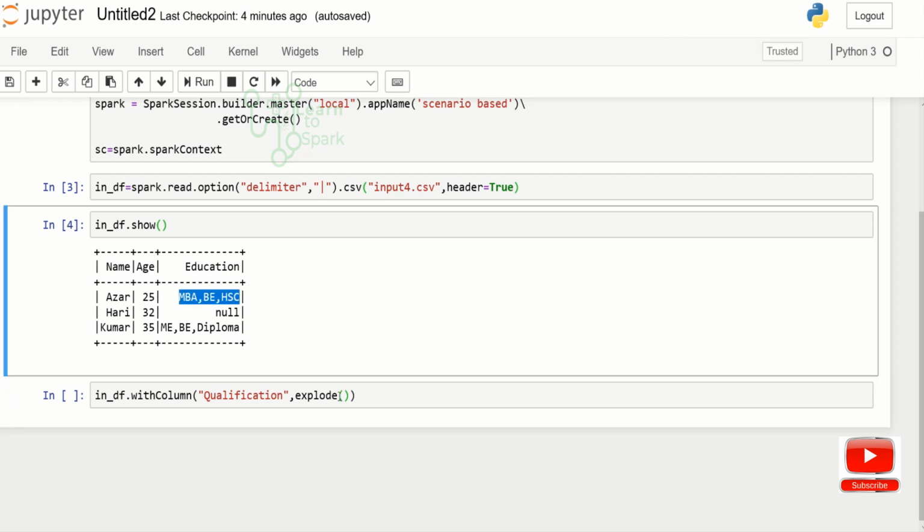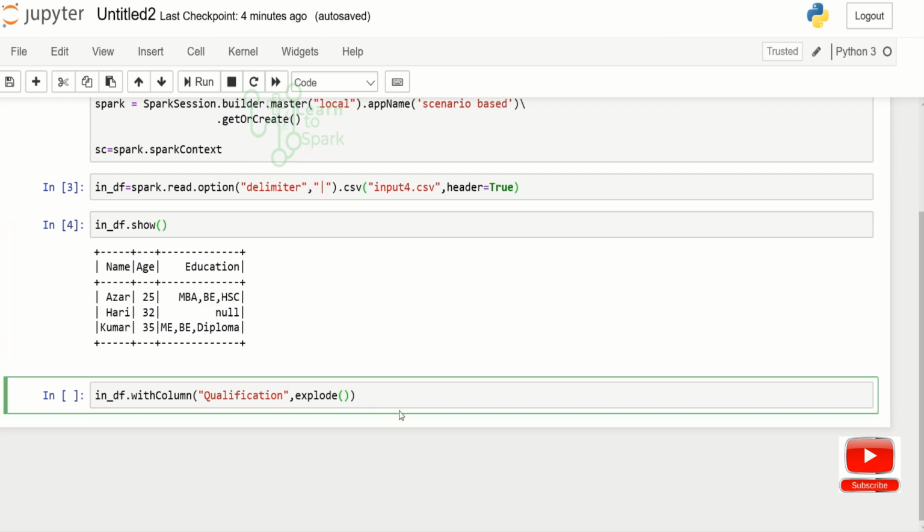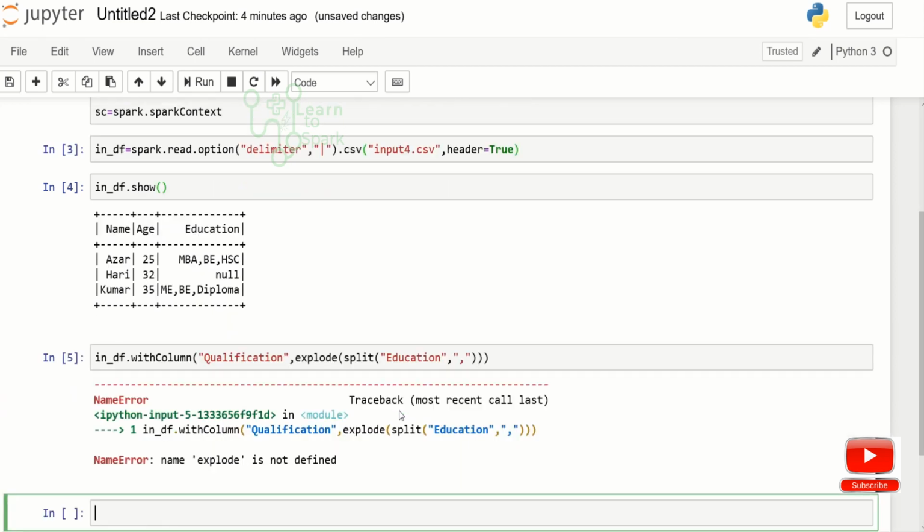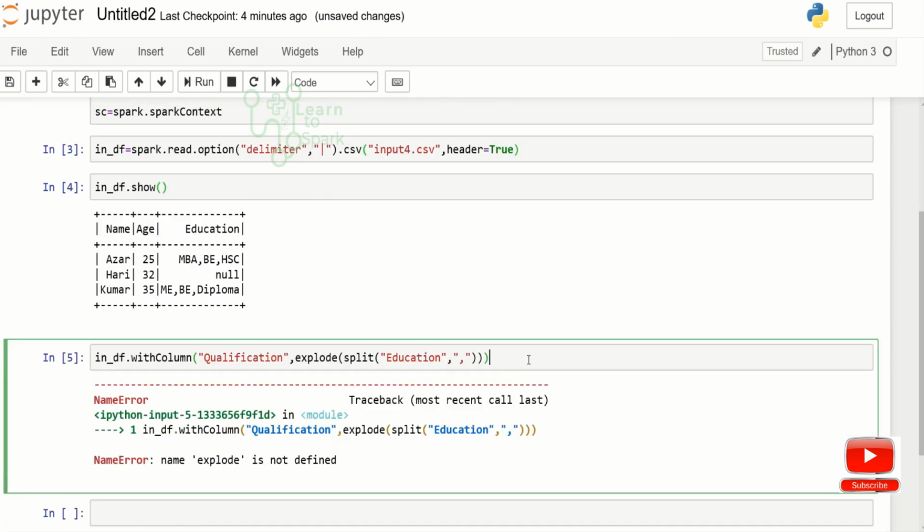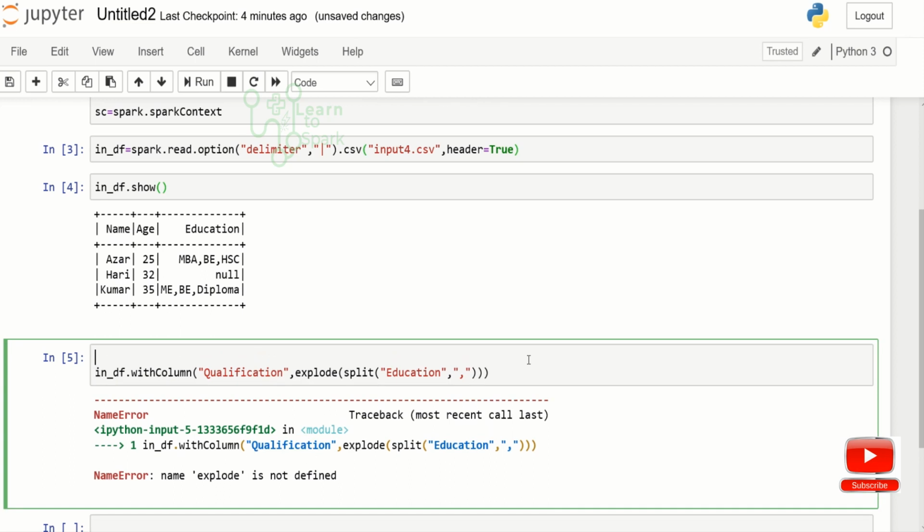So in order to convert it to an array type, we have to use the split function. I am using a split function here, and inside split I am giving the column name as education, and splitting on comma. We haven't defined the function, so let us import the library.